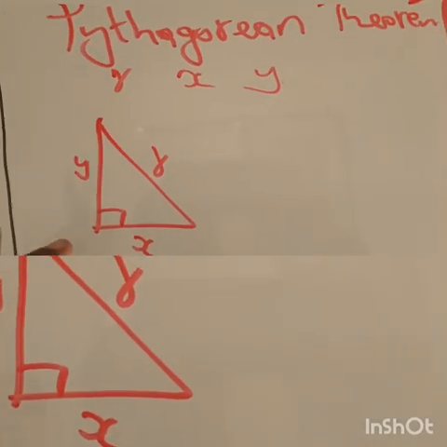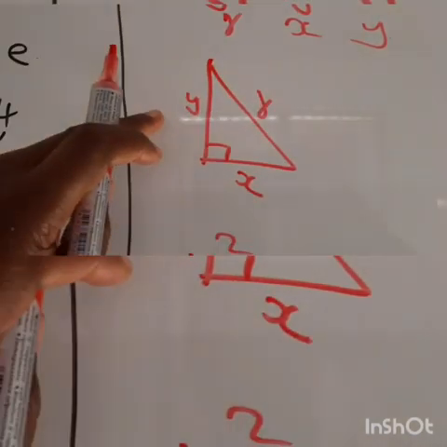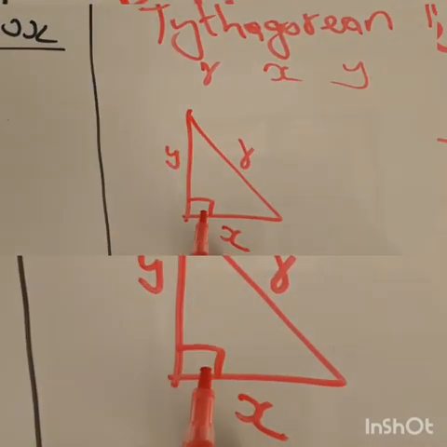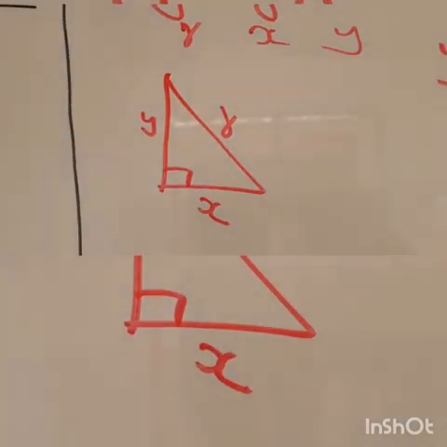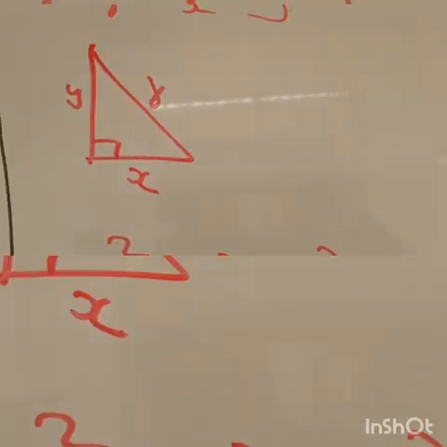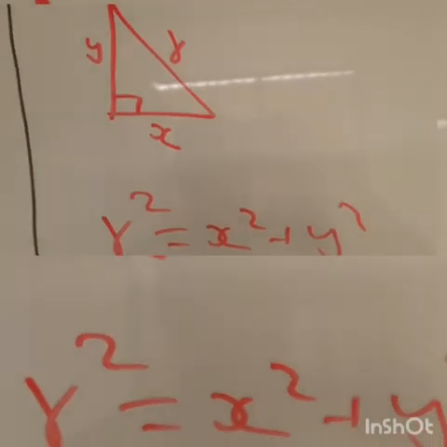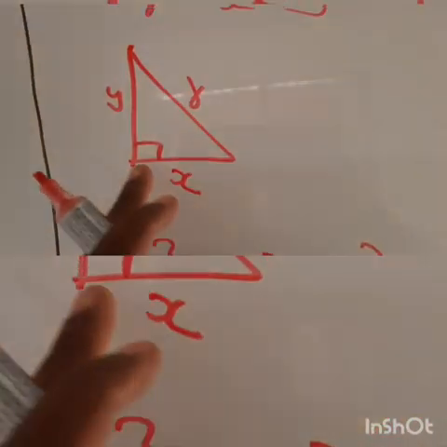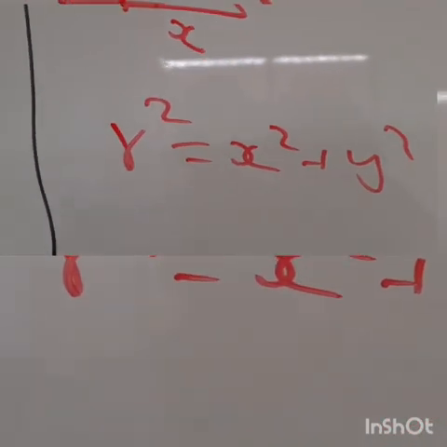Now, what the Pythagoras theorem is saying is that the sum of the squares of this side and this side will equal the square of the hypotenuse. I'll give a definition at the end, but you can actually pick it up just by looking at the formula: the sum of the squares of this side and this side is equal to this one. Okay,